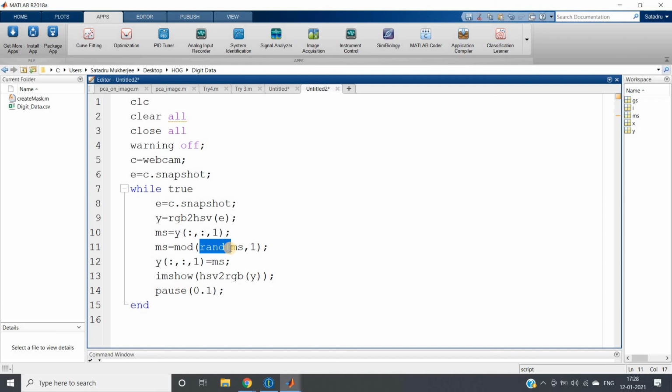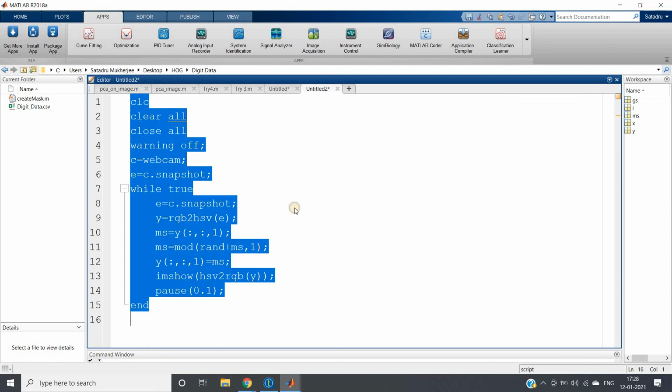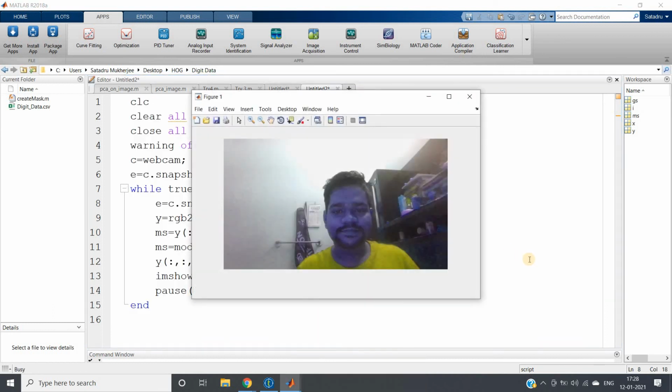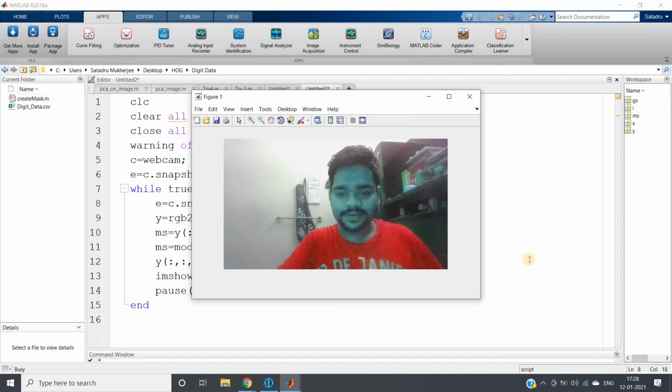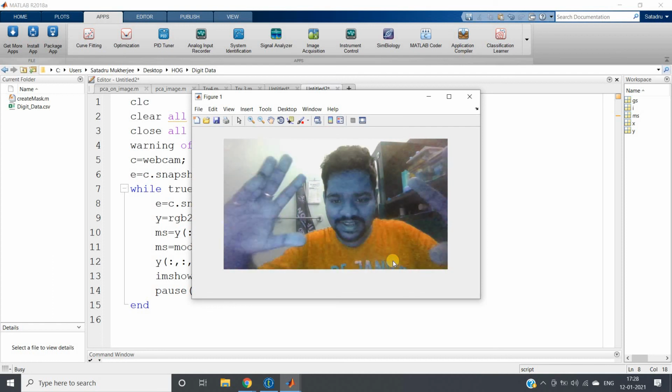So at different times we will get different colors, and then we put that back in the hue space of our HSV, and then convert from HSV to RGB, giving one pause 0.1 for animation purpose. And let's have some fun. So here you can see how it is changing the shirt color. Every color is trying to change.